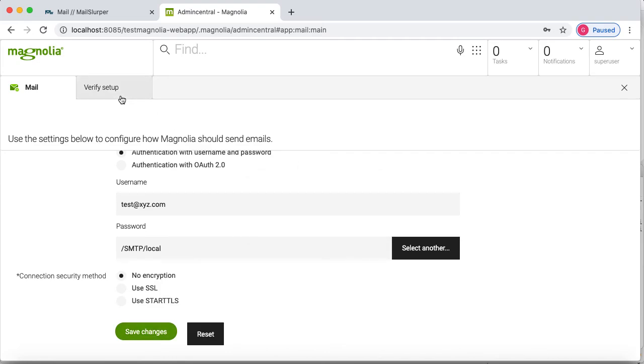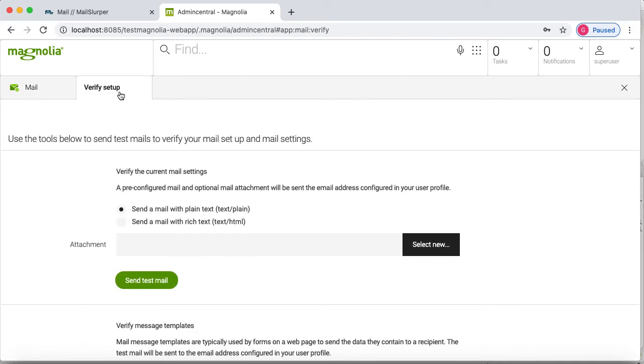Now we will go back again to verify setup, and here we will use the same option, mail with plain text. If you want any kind of attachment, you can use the second option, and you can select the attachment and then test that.